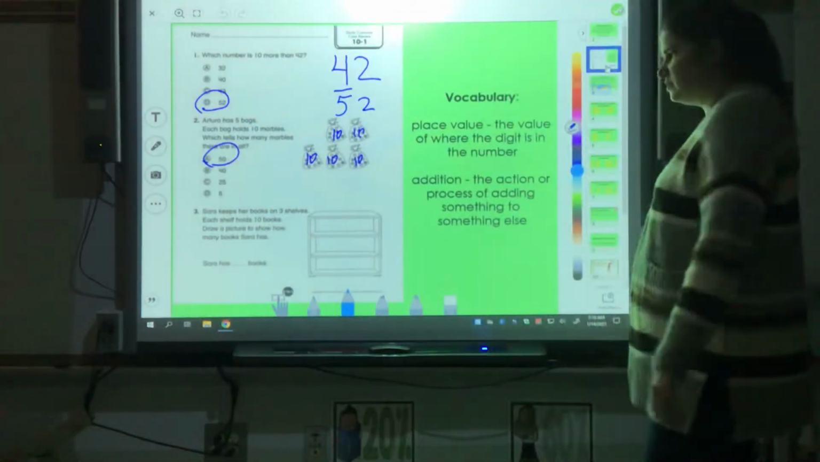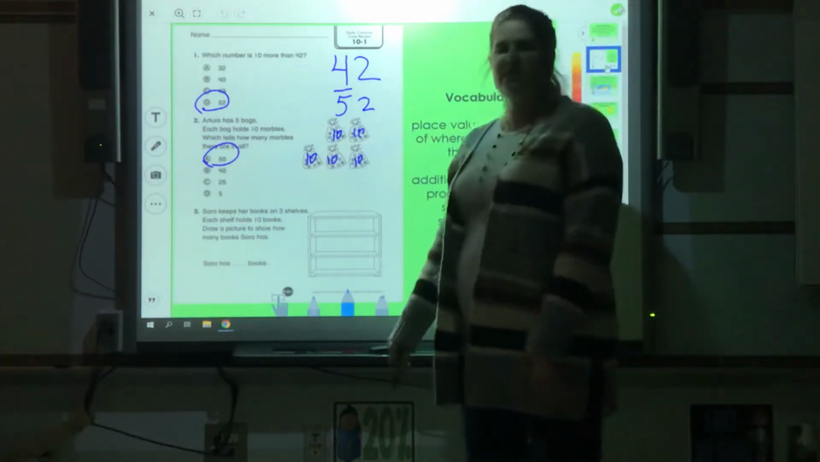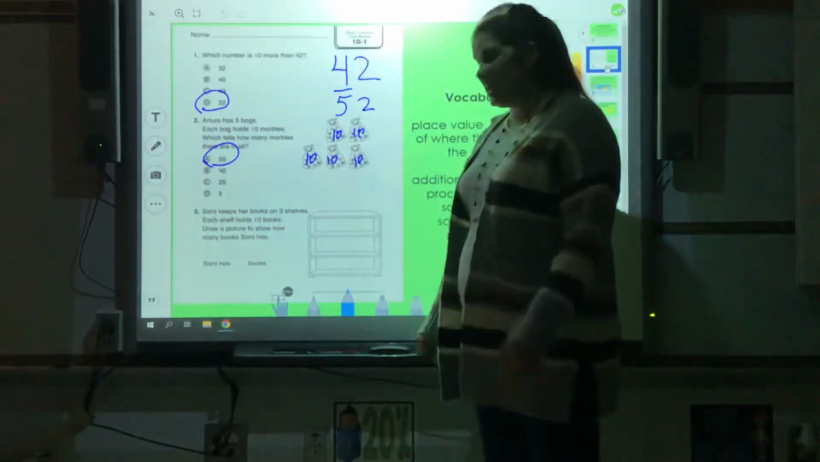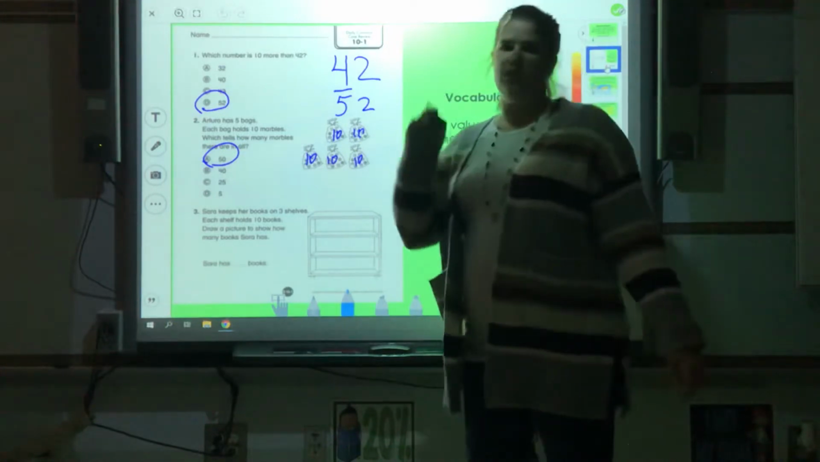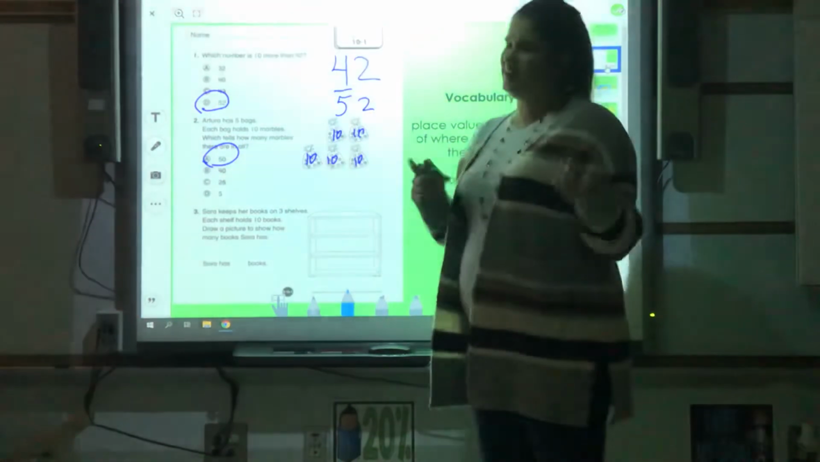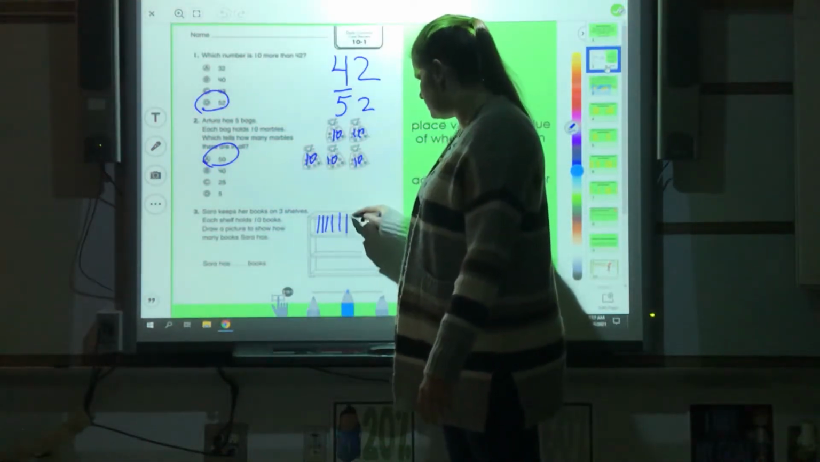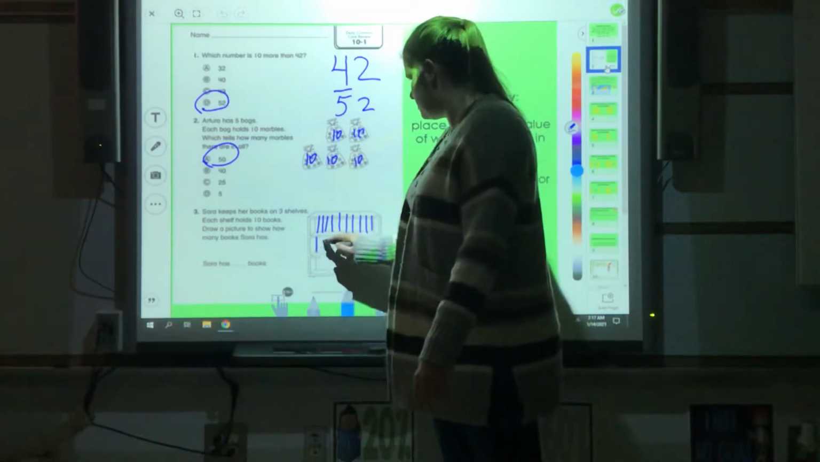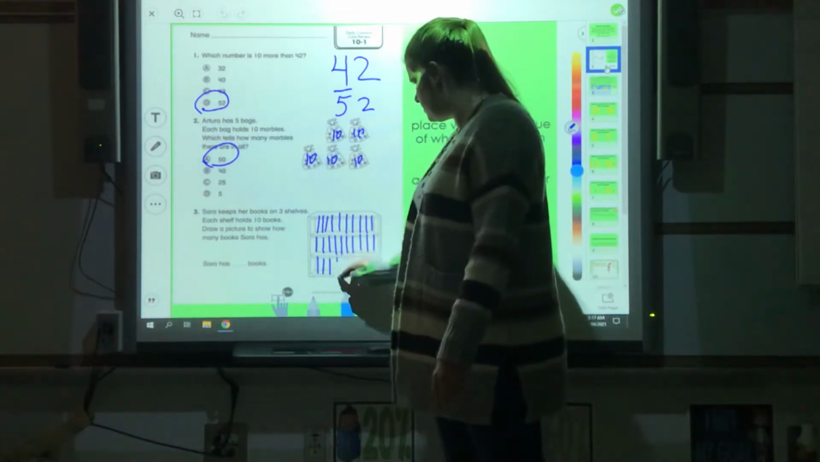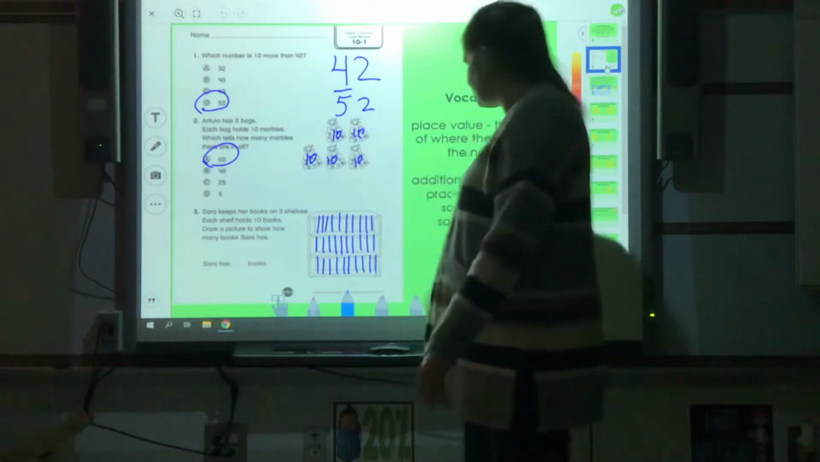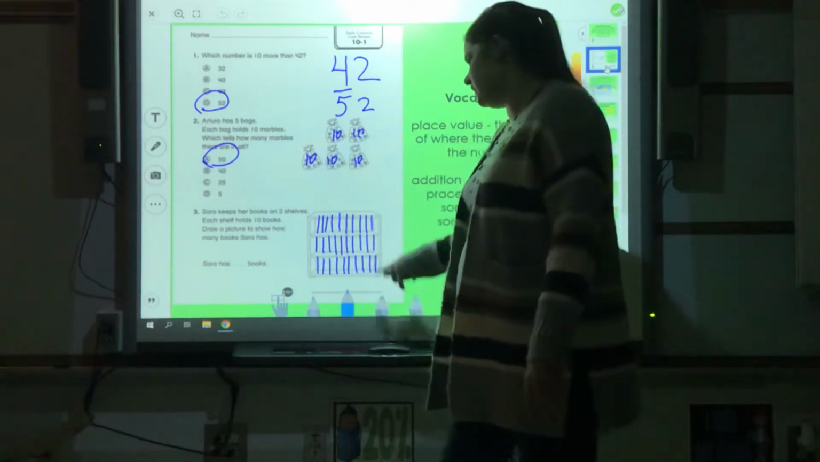Our last one: Sarah keeps her books on the shelves. Each shelf holds 10 books. Draw a picture to show how many books Sarah has. In order to do this, I have 3 shelves. I need to draw 10 books, but I'm not going to draw books. I can just draw dots or lines, however you think you need to show, but not drawing books because that takes too long. So I'm going to draw lines. So then I need to count. I know each shelf has 10, so I have 10, 20, and